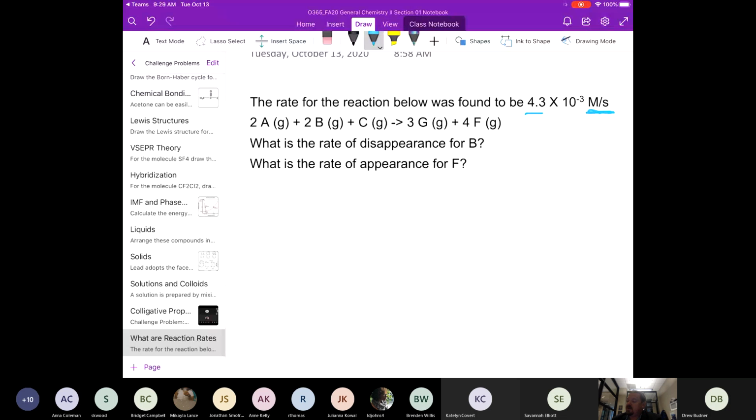And this here is the overall rate. So this reaction is occurring at 4.3 times 10 to the -3 molar per second, right? It doesn't necessarily relate to any specific species. So we can talk about this as being 4.3 times 10 to the -3 molar per second for the reaction. In the problem here, we're asked to talk about how quickly something disappears, or individual components of the reaction. So we can say in general,